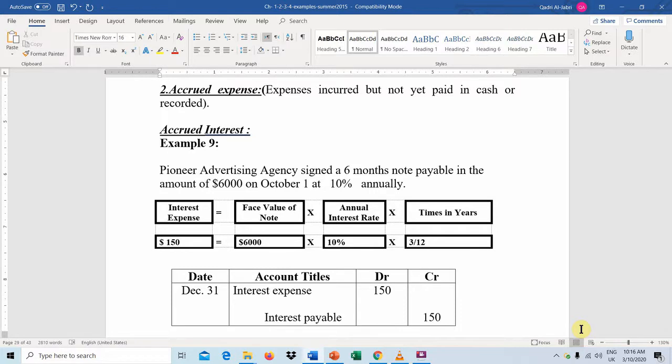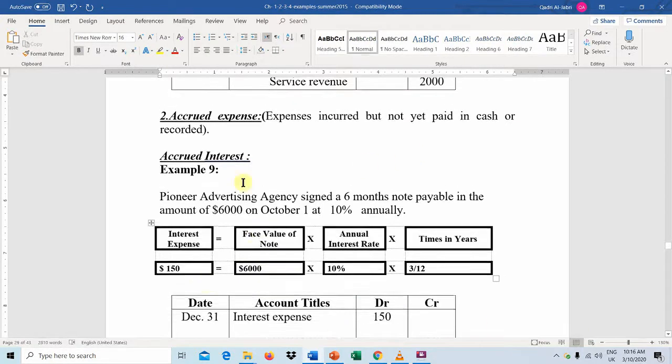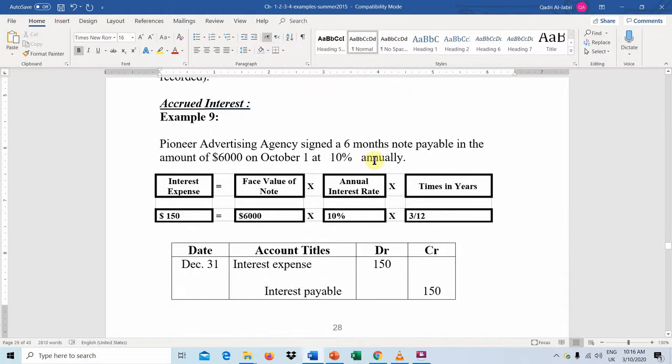Now, we signed this note on October 1st, and this note is 6 months long. So from October 1st until December 31, which is the date that we use for adjusting interest,